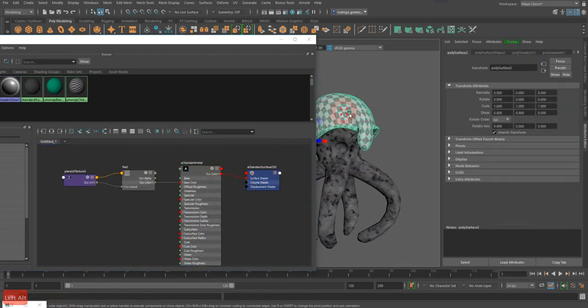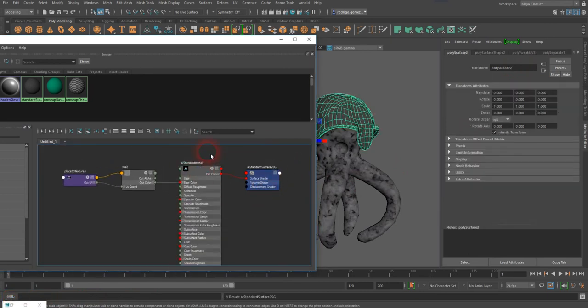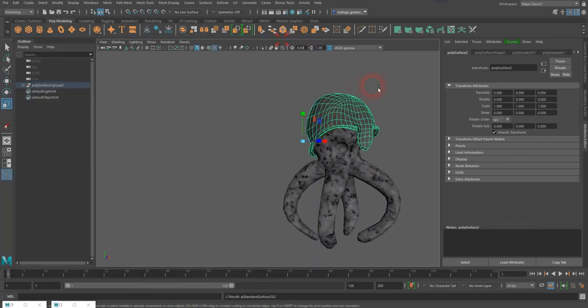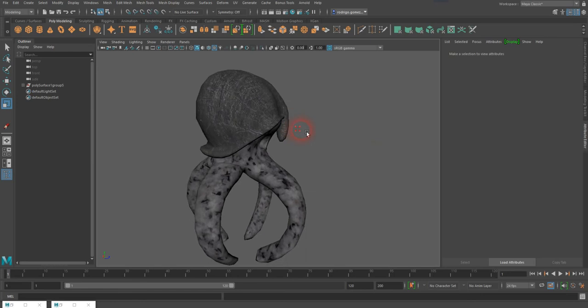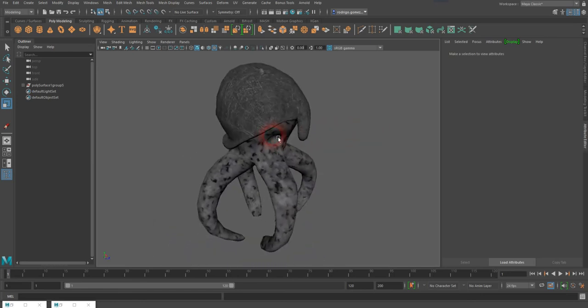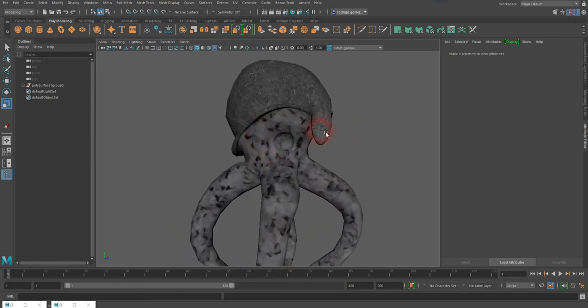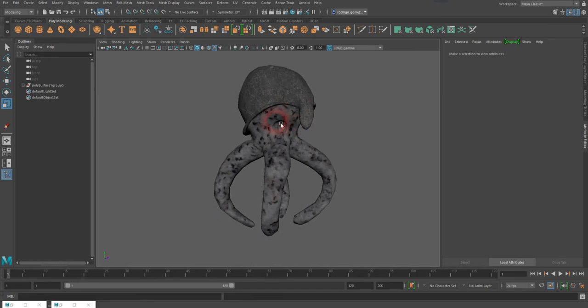And then I'm going to just select this object and assign that material to that object. So now I have a metal looking helmet with a granite looking body. Neither of them have a bump map connected to it. So we're going to do that by simply using a